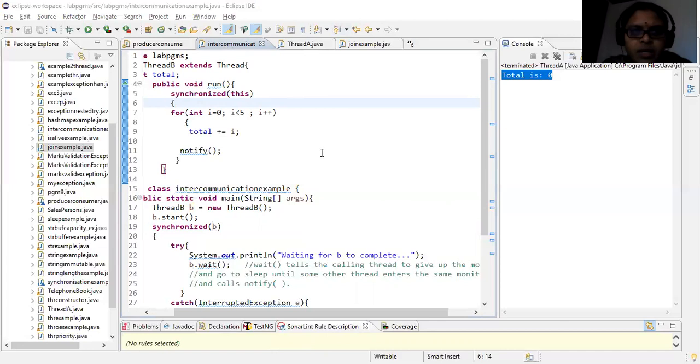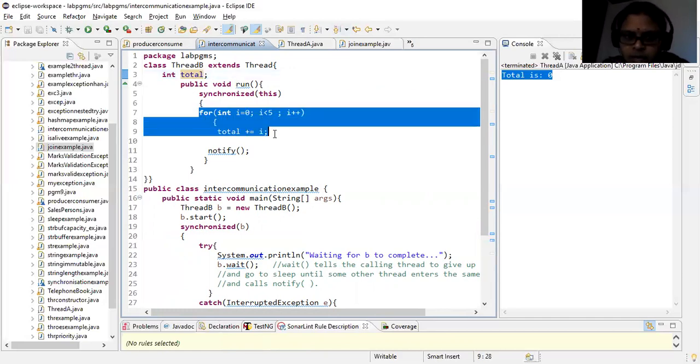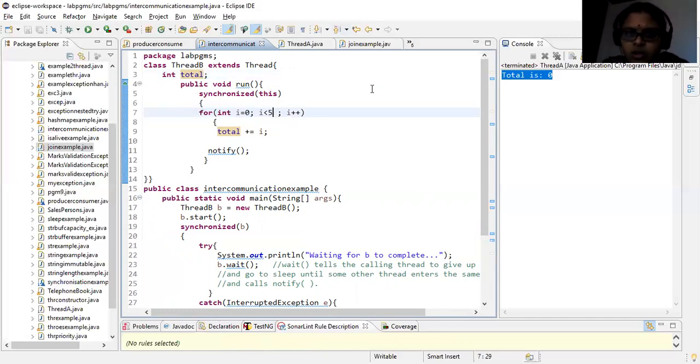Right. So now see here, this program is changed. Thread B extends Thread. There is one instance variable called total again, and a run method. Now I am using my synchronized statement. See, this was the logic exactly which we have written in the B loop. Instead of 10, we have taken 5 here. You can give even 10 also, not a problem. So total plus equals i. Now what is in your main thread?